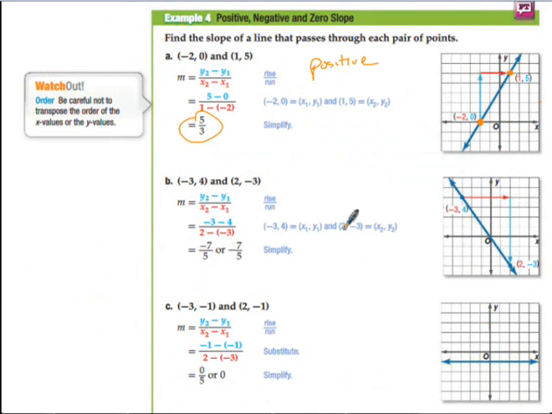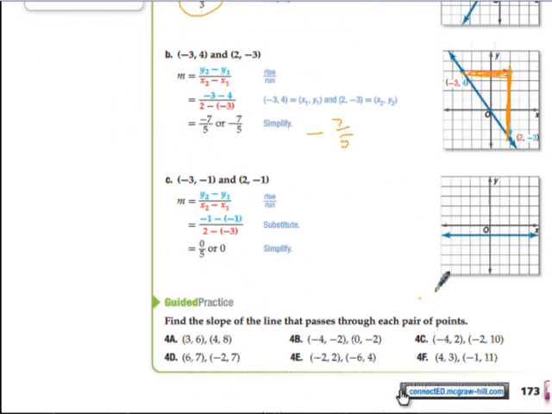Even when I have negatives, this one is negative. So it's the negative points, but the line is going down, so the slope is negative. And then I just, vertical shift is 7, horizontal shift is 5, 7/5, and it's negative because it's going down. Here we have a horizontal line. There is no vertical shift, so it's 0 over 5, which we simplify to 0. It could be 0 over anything. You don't even need to know. A horizontal line,